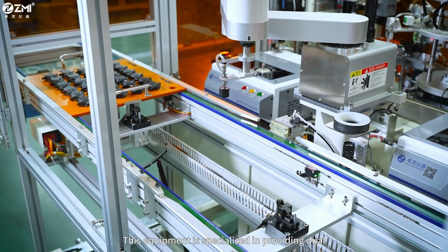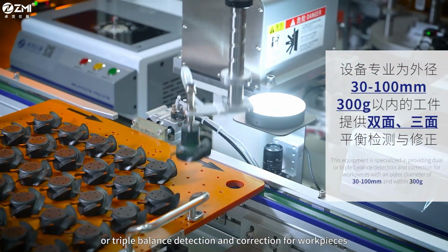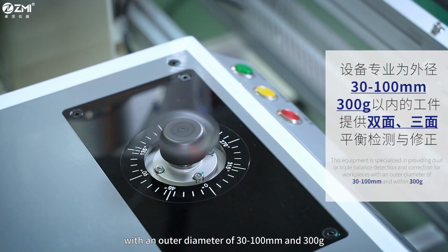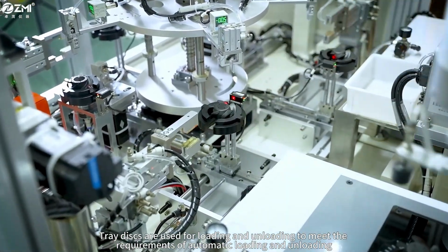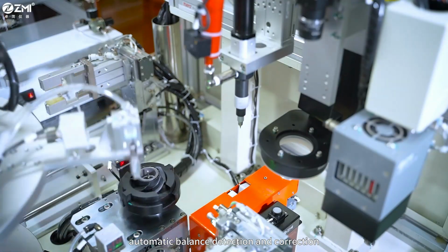This equipment is specialized in providing dual or triple balance detection and correction for workpieces with an outer diameter of 30 to 100 mm and within 300 grams. Tray discs are used for loading and unloading to meet the requirements of automatic loading and unloading, automatic balance detection